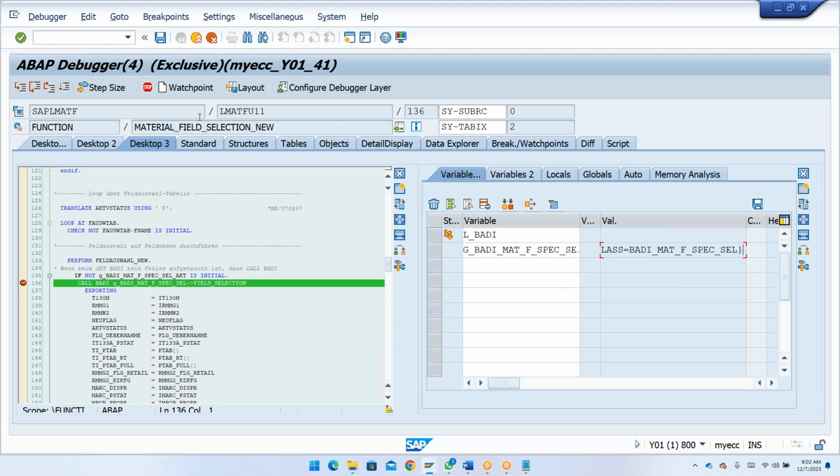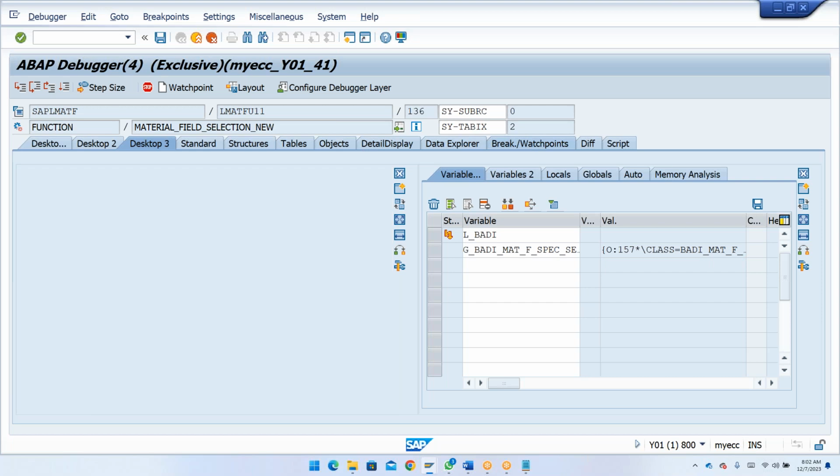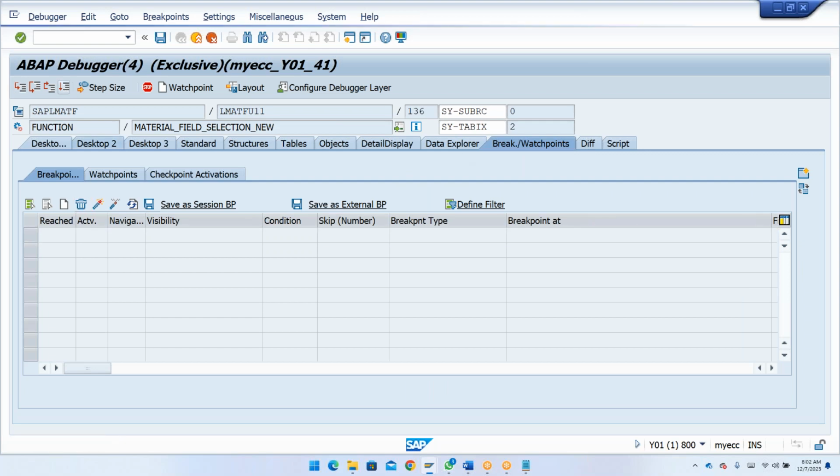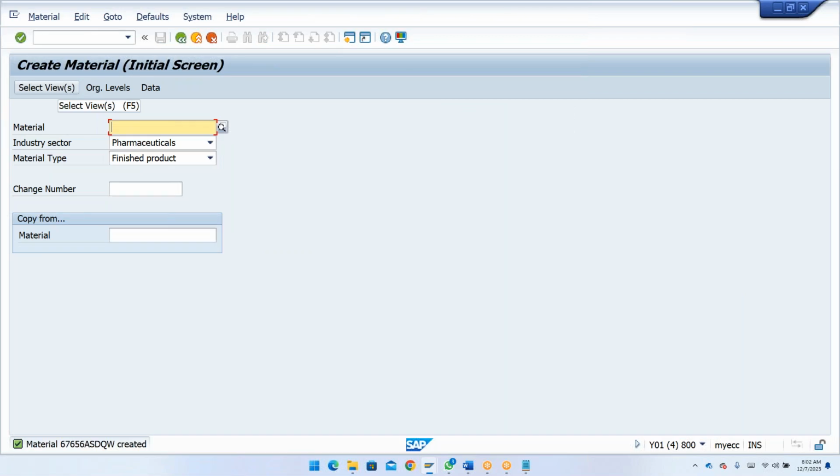So this is all about your BAdIs. I'm just going to remove these breakpoints. Now delete this. Now I'll just click on execute. Okay, so this is how you can find out your BAdIs. You need to see the parameters which are going to be used, and if the parameters are working